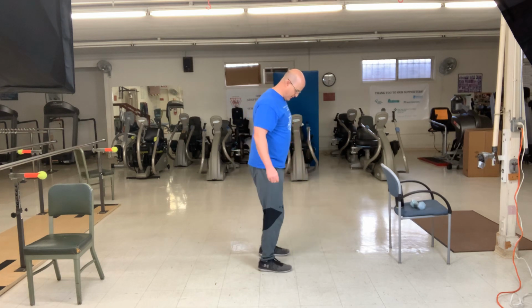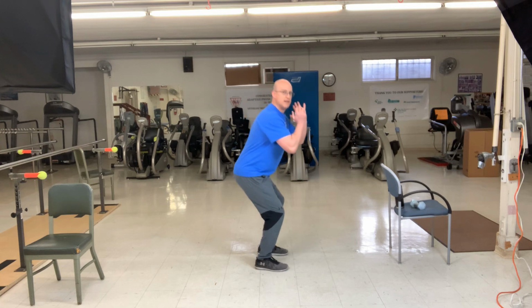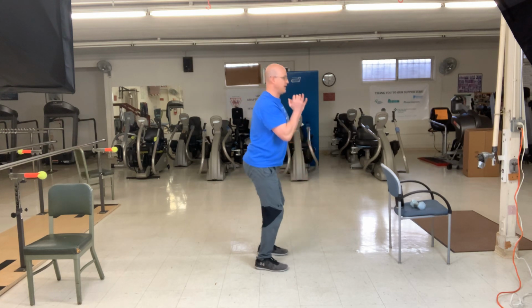Okay, once again, I'm going to show you from the side this time. Elbows in close, butt back, squat down and up. 1, down and up. 2,